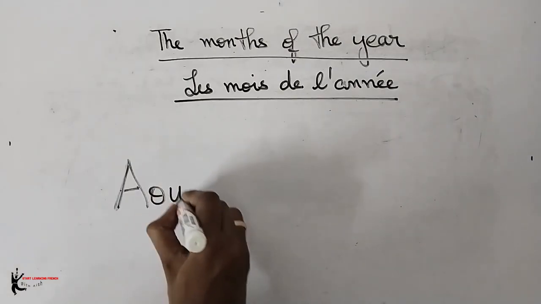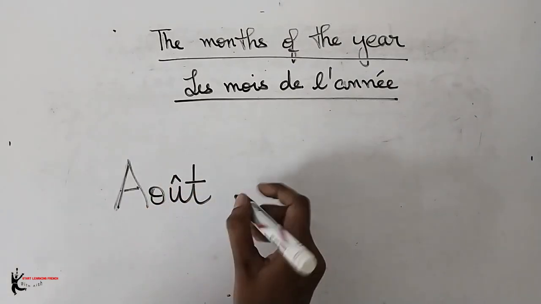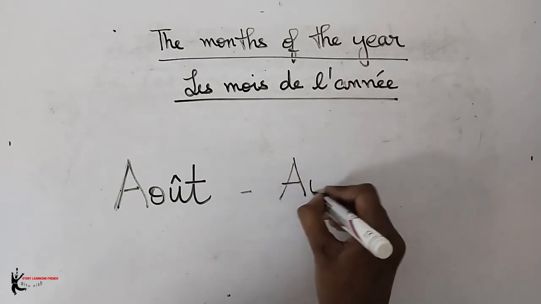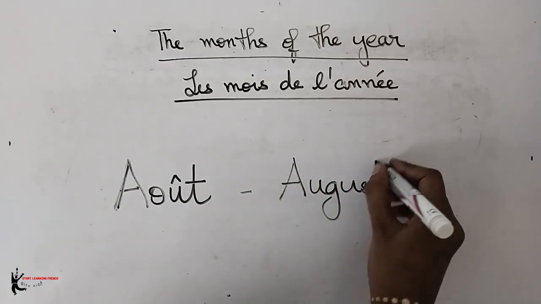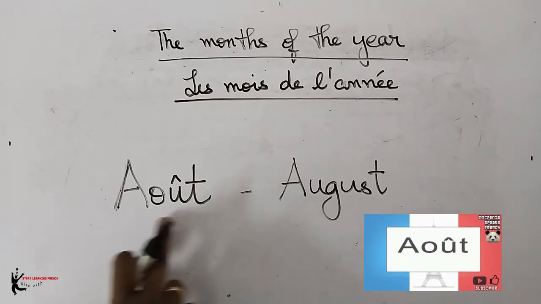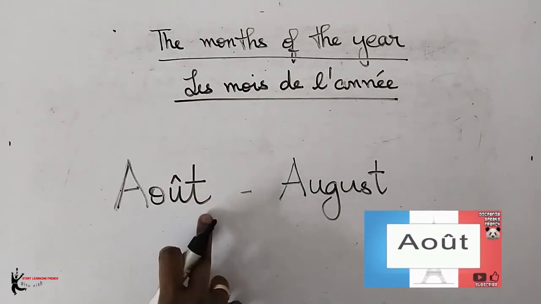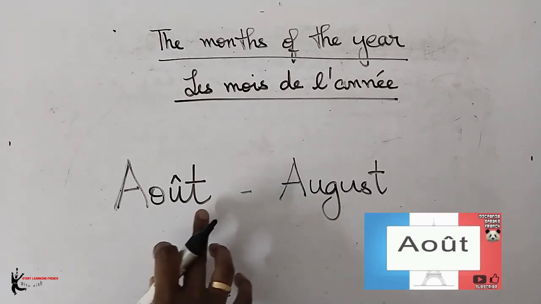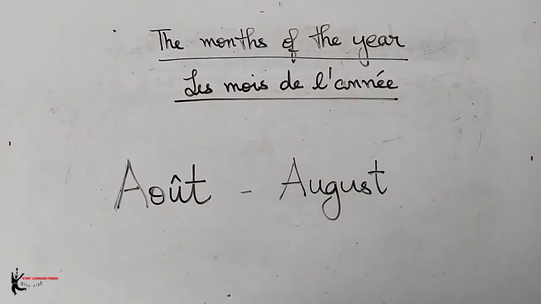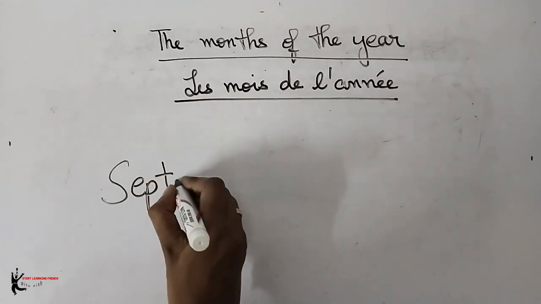Août. Août is August. A-O-U with a chapeau, T. Août, August. Next, septembre